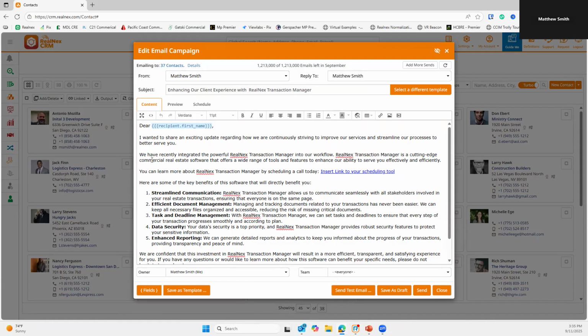Our marketplace. But it says, dear recipient's first name, dear Antonio, Jack, Larry, Nancy, Michelle, Don, Larry. Want to share an exciting update regarding how we continuously strive to improve our services and streamline our process to better serve you. This is a great touch point for every tenant in your market. Now, obviously, don't blast them and spam them, but you can email them based upon when you last talked to them,